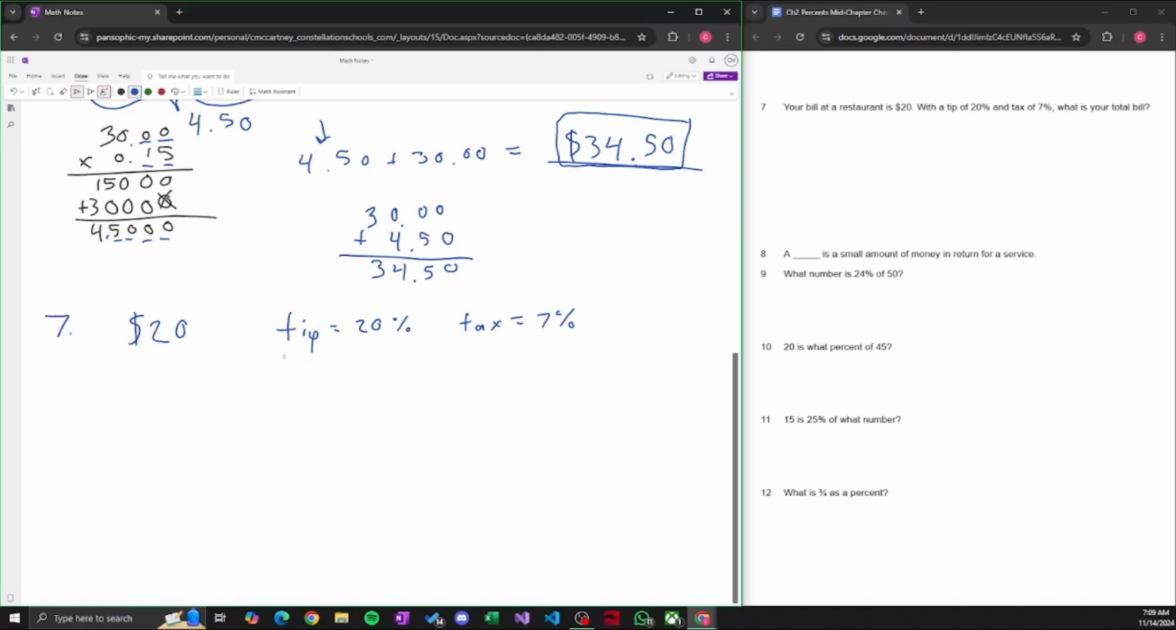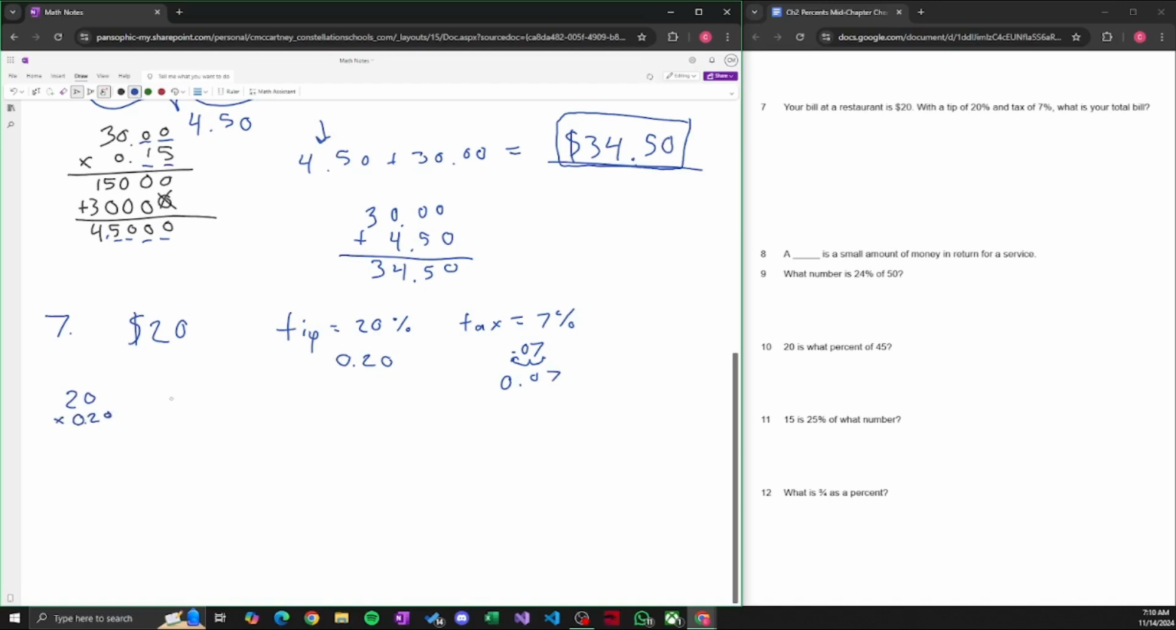So we want to take this tip, we want to write it as a decimal. Again, we're going to move the decimal twice to the left. 1, 2, we get 0.20. We're going to take the decimal, move it twice to the left with this one. So we've got 7. Move it once, twice. I'm going to add in our placeholder 0. So this is 0.07. Now, we're going to multiply each of these times the original and then add it all together. So we've got 20 times